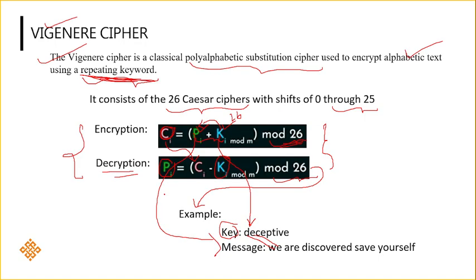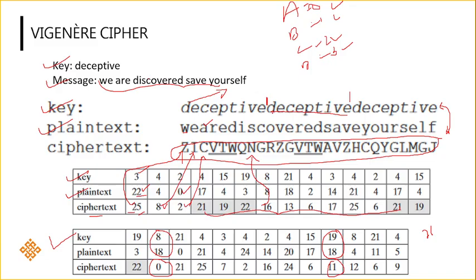So I told one thing, there is a drawback with the repeated keywords. You can see here, since I have repeated the keyword here, deceptive, you can see some ciphertext values are repeating here, VTW. Here also you are getting VTW, RED, zero, that's why. Here also if you get one more RED, those values will again repeat. Thereby, the ciphertext is not that strong. So the attacker or the cryptanalyst can easily